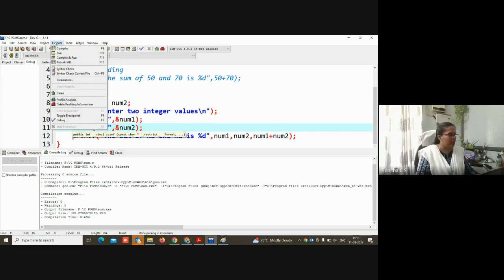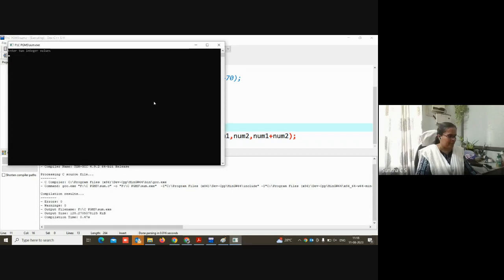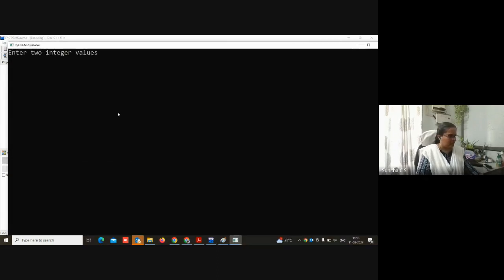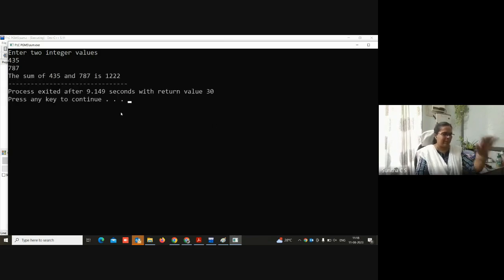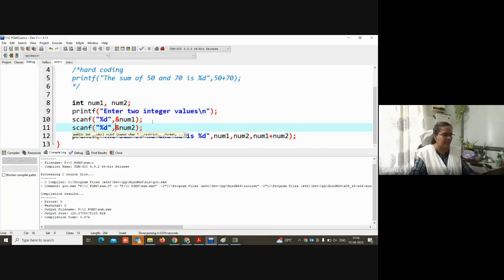So this will also work in the same way. I can type a value, press enter, take the next value. These are the two scanfs, and I am entering the values separately. So that is also possible. But I want a single scanf where I can specify a delimiter and give the two values in the same line.